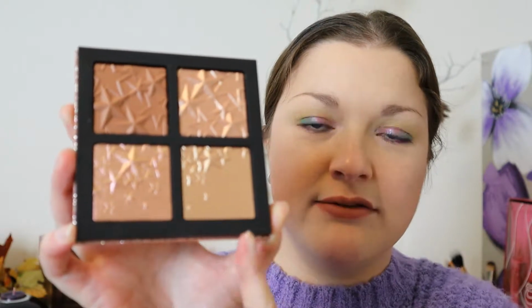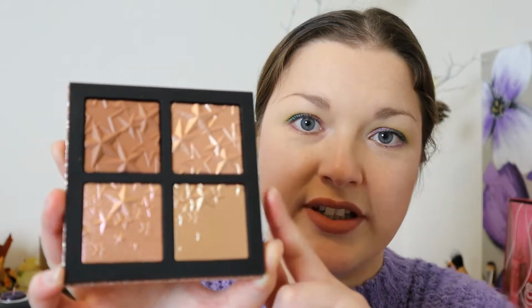These right here were the reason that I wanted this. So Oh Darling is a permanent colour in their Extra Dimension Skin Finishes, and I have seen it and I do think it looks pretty, but I've just never got around to getting it. But Snow Flushed, this right here is the reason I bought this palette, not gonna lie. I was interested in the bronzer as well. The blusher, I'm probably not going to use it as blusher. It obviously is going to be too deep for me, but the Snow Flushed,